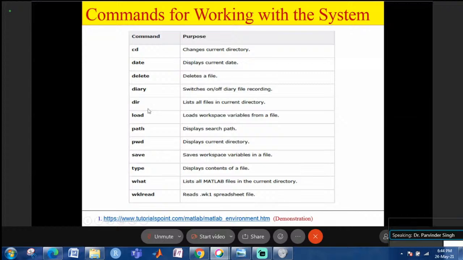If you want to load a workspace variable that you have already saved in your directory, you use load. You can display the path, save, display the type of content, and list the MATLAB files in the current directory. So there are a lot of commands that are used to